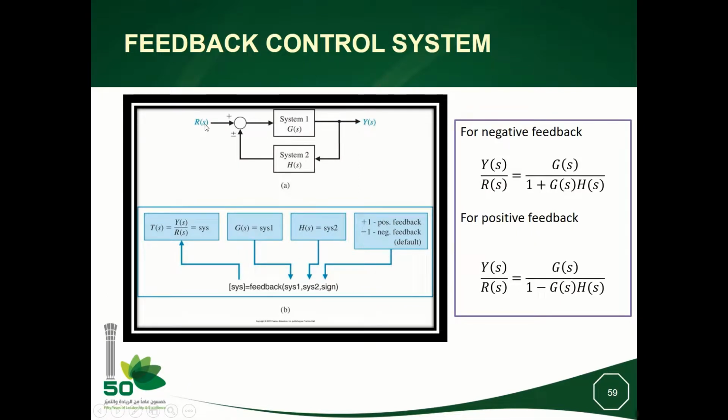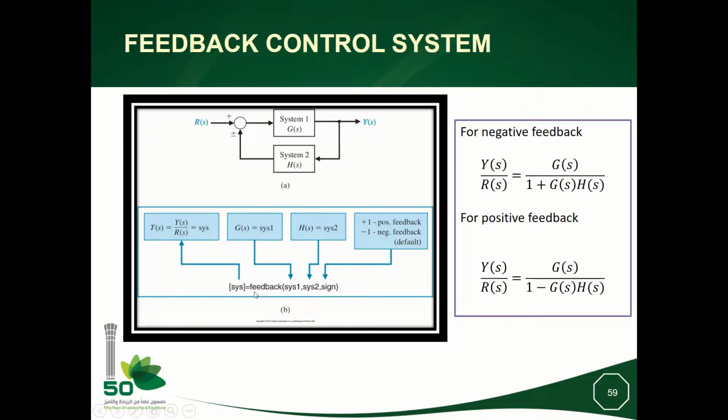So Y divided by R, you can easily prove that it is G divided by 1 plus GH when you have negative feedback, and it is equal to G divided by 1 minus GH when you have positive feedback. So if you now define the transfer functions G(s) and H(s) alone by the instruction tf,